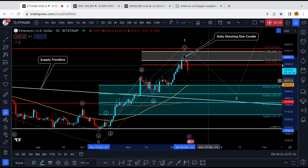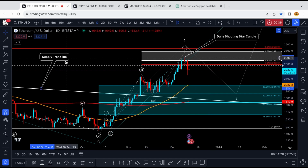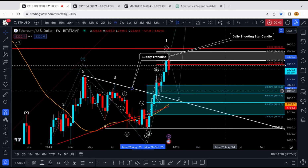$1,670 and $2,000. Within this blue Fibonacci retracement support area lies the broken supply trend line, the 200 daily moving average in red, as well as the 50 weekly moving average in orange and the 200 weekly moving average in red. The moving averages will most likely serve as liquidity points for a potential bullish reversal. In the near short term, I just expect some sideways chop and potential whipsaw price action, especially with FOMC happening